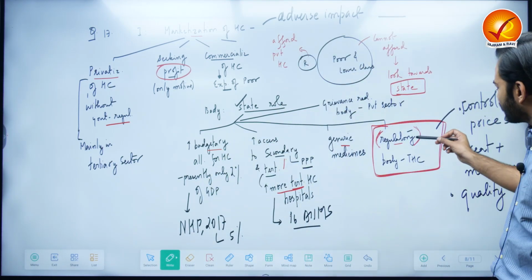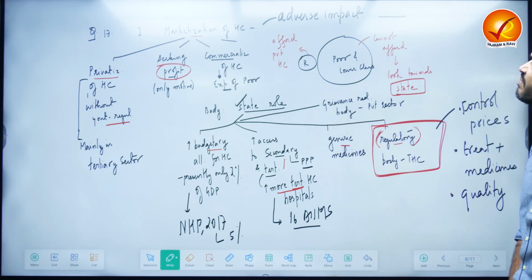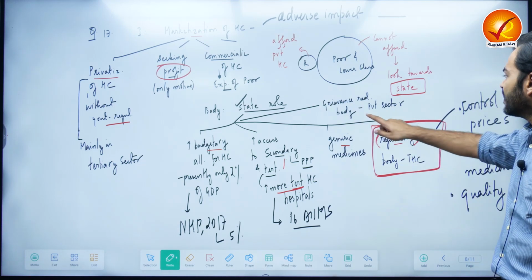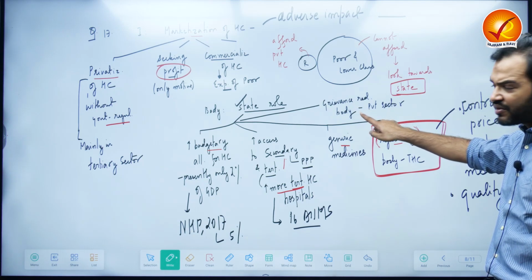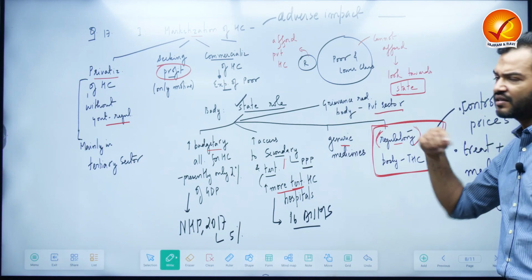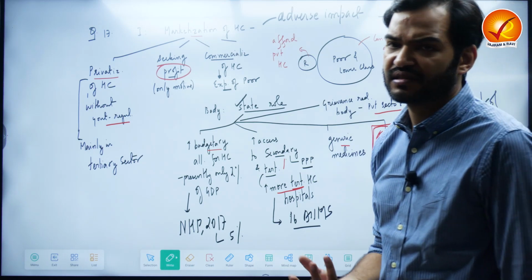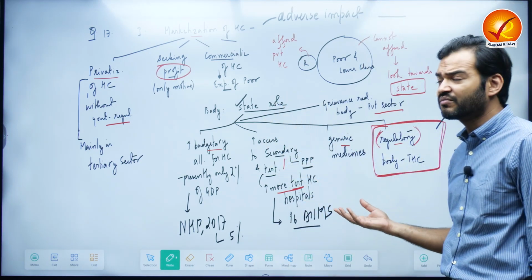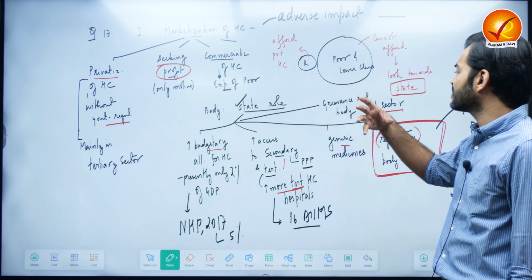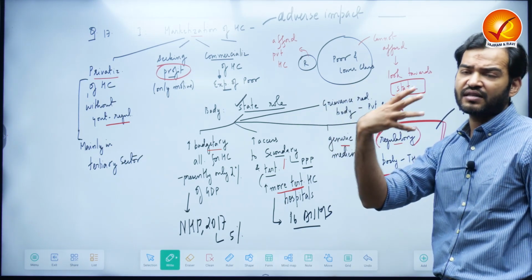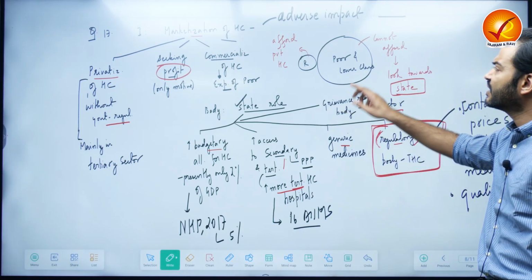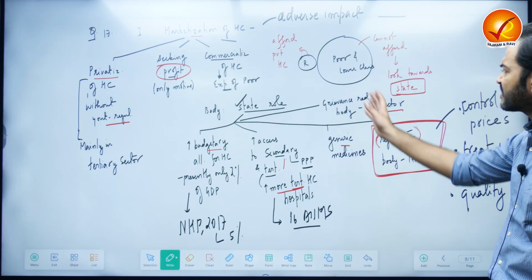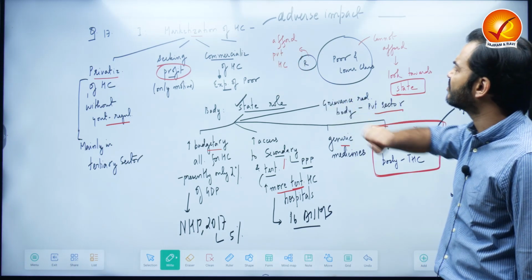So this regulatory body is the key to reduce the adverse impact of increasing marketization of healthcare, which can be played by the state. And we can also have a grievance redressal body. If there is some problem in providing healthcare by the private sector, people should have a dedicated grievance redressal. Just like the government has grievance redressal bodies in the form of RBI for the bank, SEBI for the capital market, there should be one grievance redressal body especially for the private healthcare sector also. So this can be the role of the state in controlling the adverse impact.